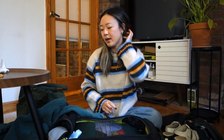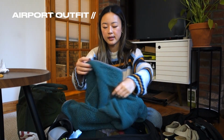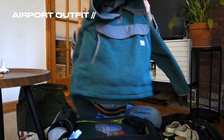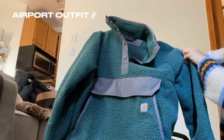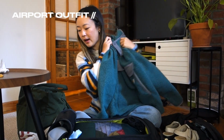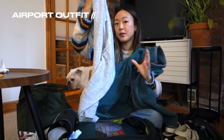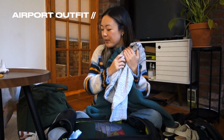Moving on with my clothes, I'm going to actually be wearing this Carhartt fleece on the plane. It is really cozy and comfy, and I predict that nights are going to be a little bit chilly in Crete. So I have this to wear, and then I'm going to wear it with my gray speckled sweats here